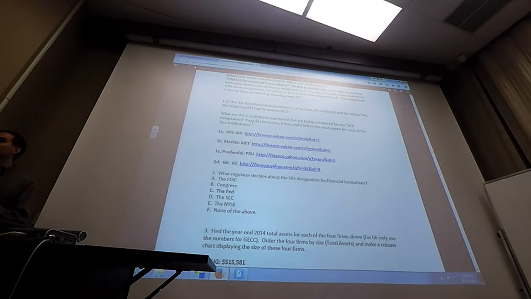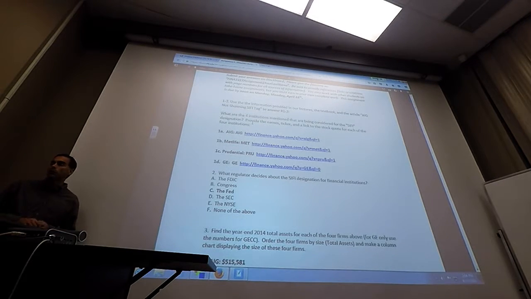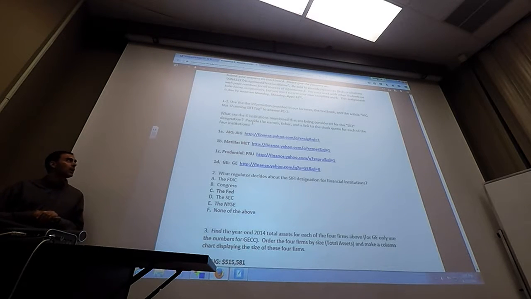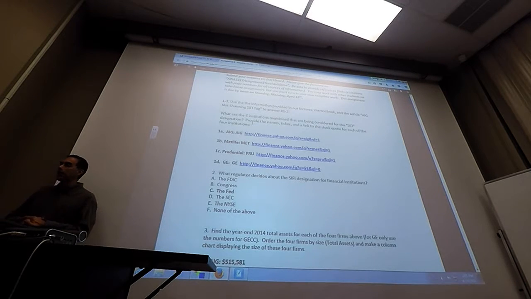AIG's already done that a huge amount over the last decade because it was taken over by the taxpayers, actually. And it was split up already, and even what's left of it now is still splitting off more operations so that it can be smaller and safer. MetLife, the biggest existing insurance company, is basically fighting this whole process in court. Prudential is basically not doing anything, but it's hiding behind MetLife and trying to get whatever MetLife decides in court. Prudential is going to get the same benefit.